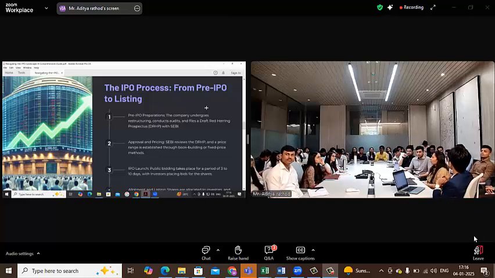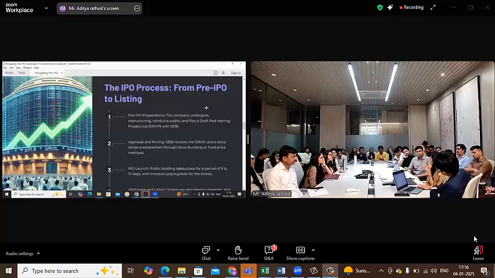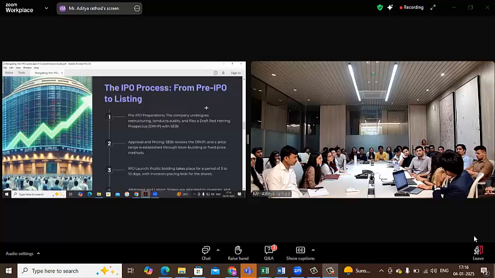Now we come to the promoter's contribution. Basically, you can't have more than 25% being used for general corporate purpose. You need to have specific object. ऐसे ही IPO नहीं आ सकता. You need to have very specific object, whether you need it for capex or for repaying debt, whatever it is. It needs to be properly defined, and there is one objects section in that, and you need to provide supportings